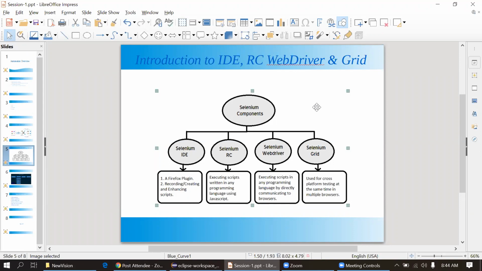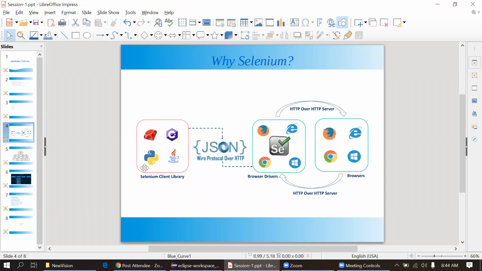One participant, Ritesh, asked: can you please explain the protocol concept again? Okay, I'm going to the previous slide again. So this is the protocol. You don't have to worry about this JSON wire protocol because it's an internal structure in depth. You have to write code only on one side in any IDE, suppose Eclipse or IntelliJ, and we have to use one exe, Chrome driver exe or IE driver exe.